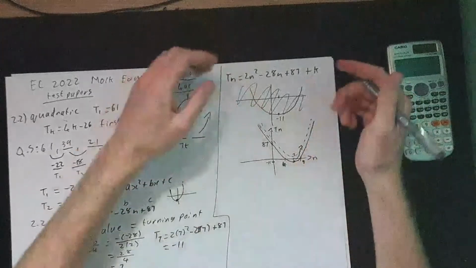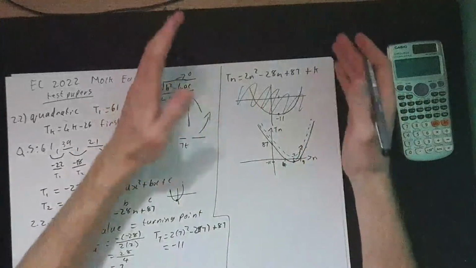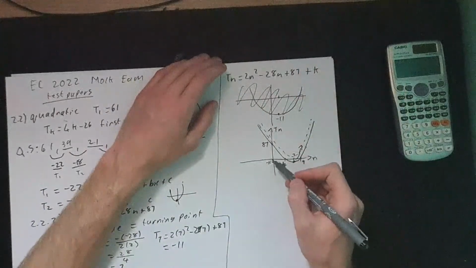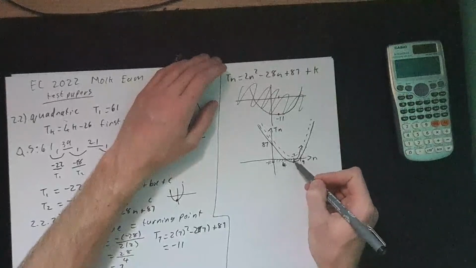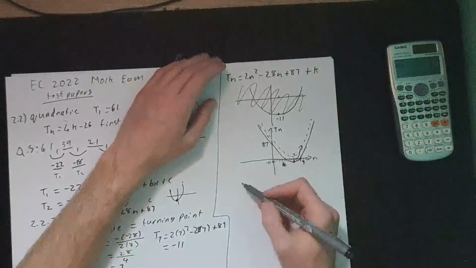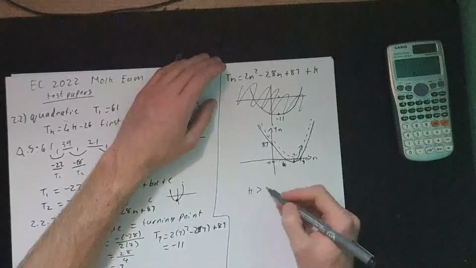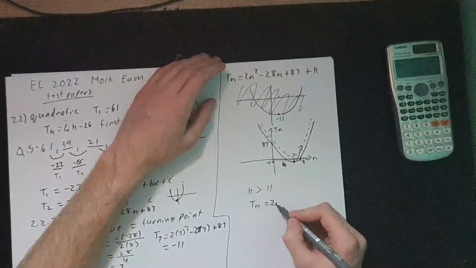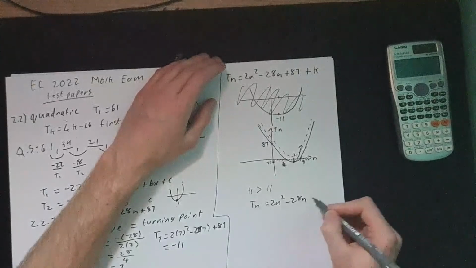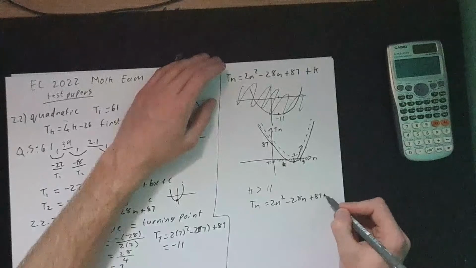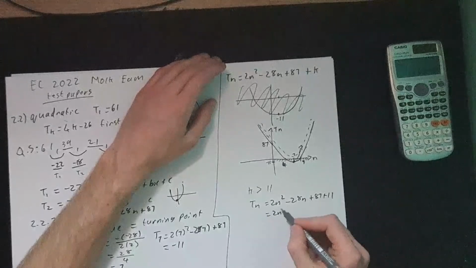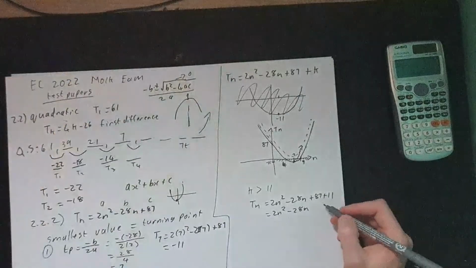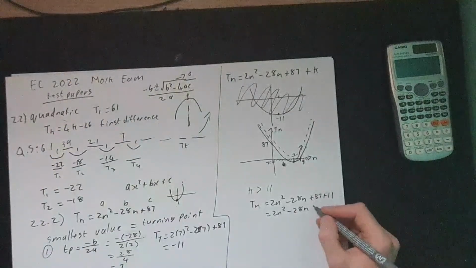So what should the minimum value of k be, or what should it be just greater than? It should be greater than 11 units, because I want to get rid of this gap over here, those 11 units. So we're going to have that k must be greater than 11. So then we're going to have Tn equals 2n squared minus 28n plus 87 plus 11, which means we'll get 2n squared minus 28n, and then now we'll have